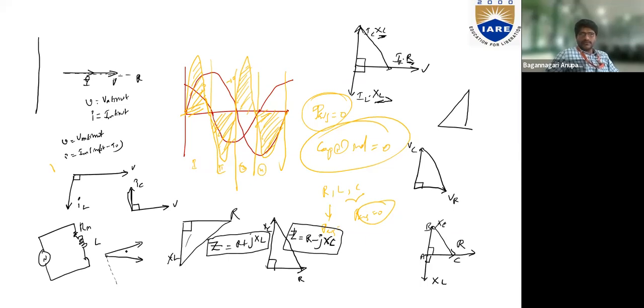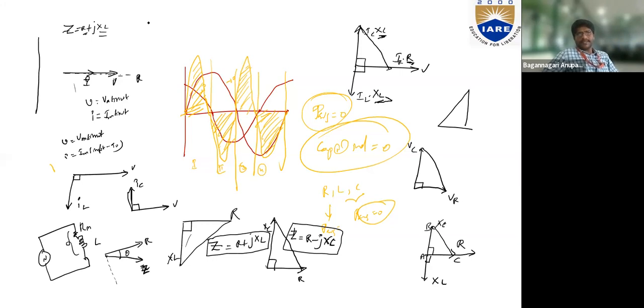So this is a value of theta or phi which we calculate, right? And this is a value of XL, this is the value of R. When I want to calculate this value, I call it Z. Why do I call it Z? Because it's the sum of R and XL, and we know the representation we give for Z: Z is equal to R plus jXL, right? XL gives the value of the pure inductor, and R is the internal resistance.